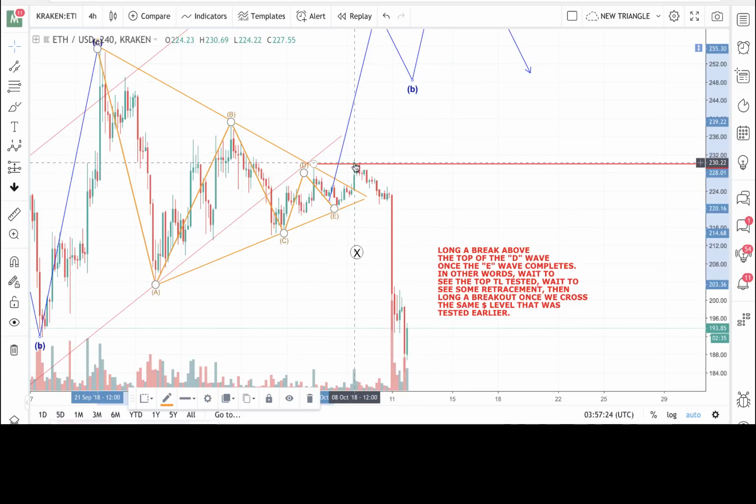Set some long orders above this last high, and we ended up wicking right into my first long order, and then we ended up dropping below it, and I did get filled there, and then I immediately moved my stop loss below this last low here at 220. So I put a stop loss on my long at 220,